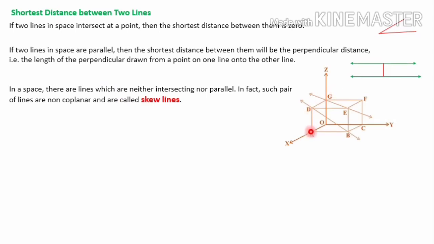So this is a three-dimensional coordinate system. Here a cuboid is shown, that is A, B, C, D, E, F, G. And consider this as a room. If this is considered as a room, there are two lines marked here. One is GE and another one is DB. This GE is a line passing through two opposite corners of the ceiling, G and E.